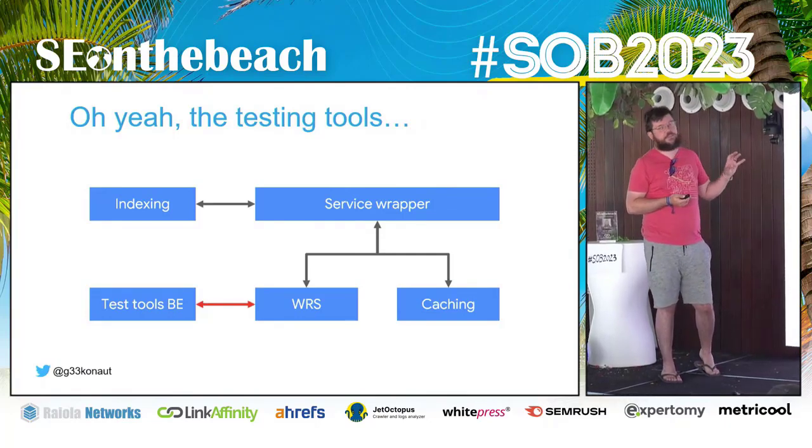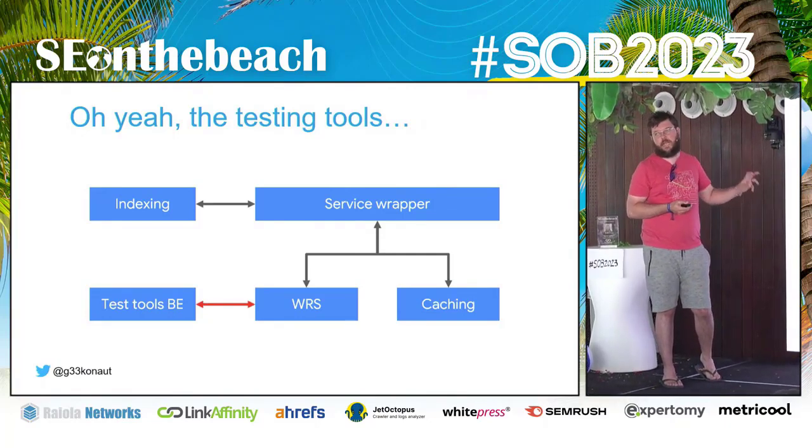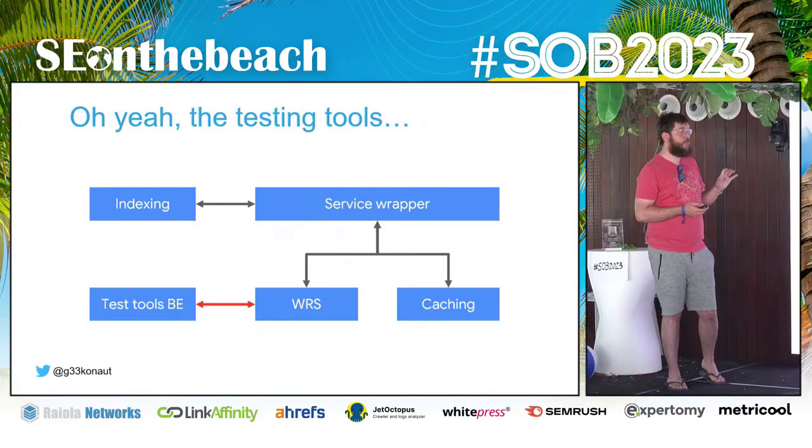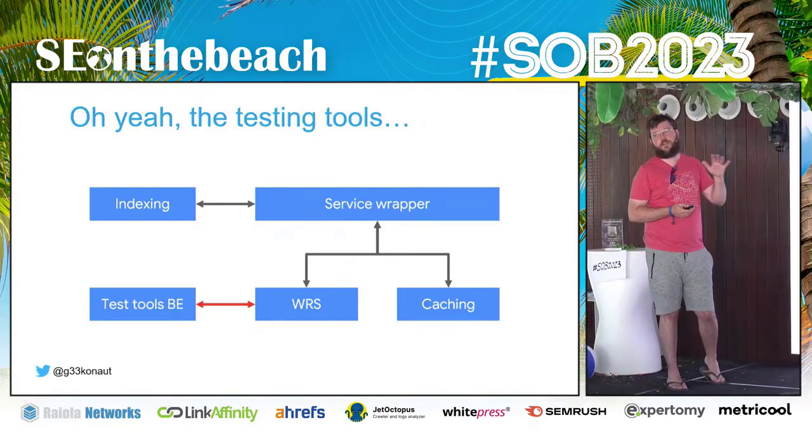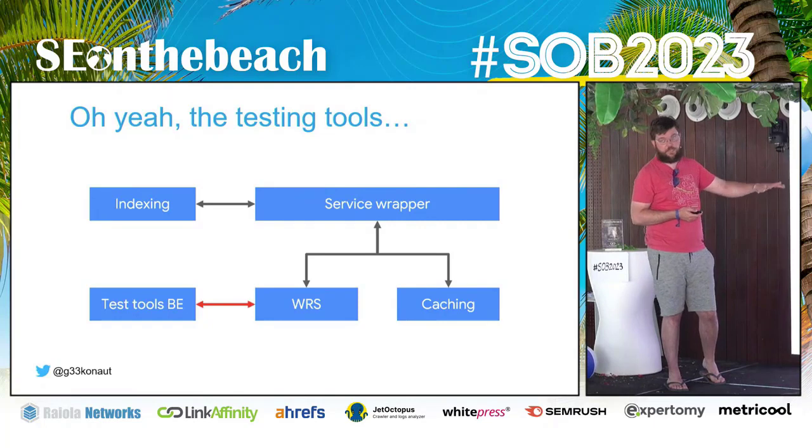Fundamentally, if things show up in the rendered HTML in the live test, that means that we can see them. More interesting is the view crawled page. The rendered HTML in the view crawled page also shows you what we've seen when we last did this properly with the caching layer and everything.